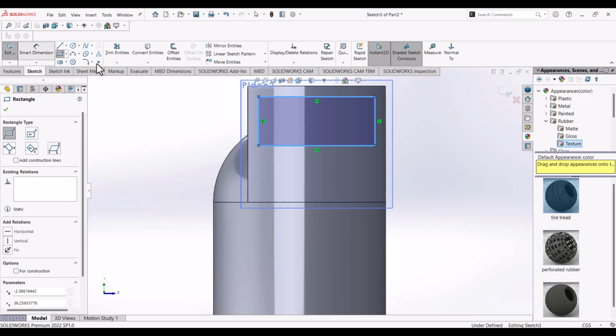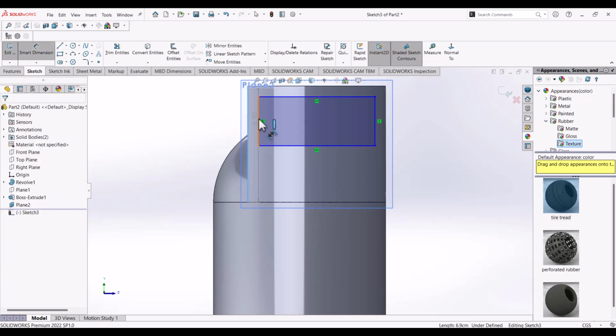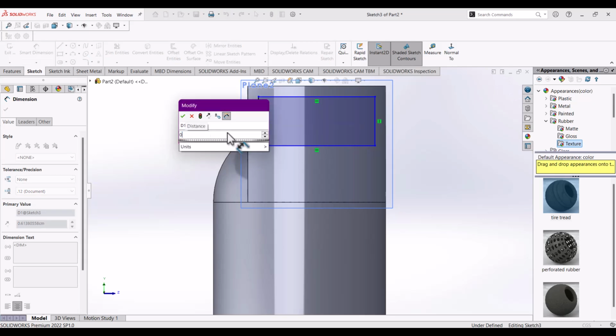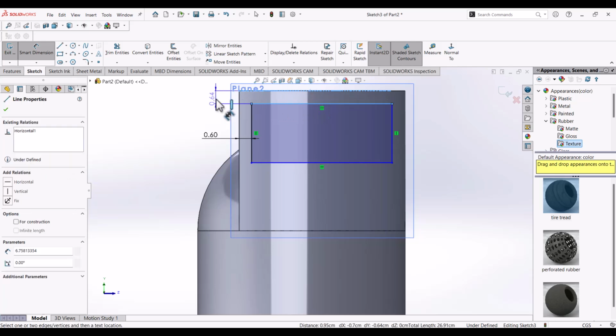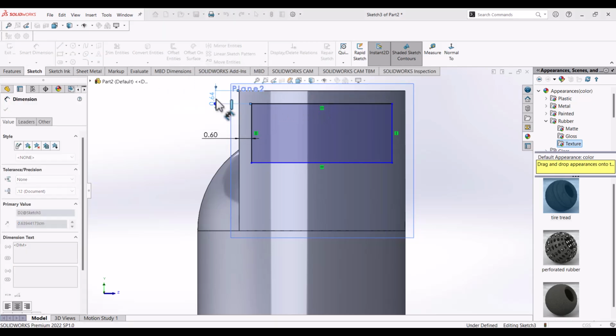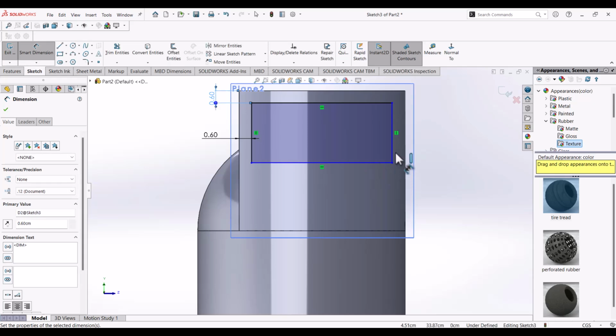Good. Smart dimension. From here to here, let's give 0.6. Then from here to here, let's make it 0.6. Good. Then from here to